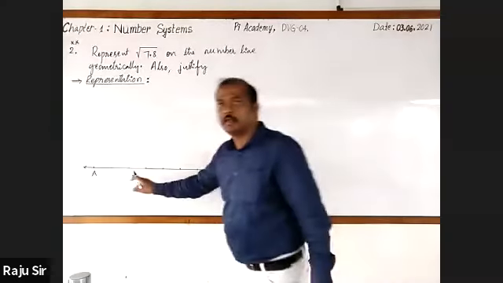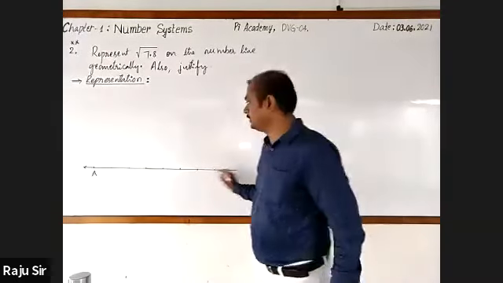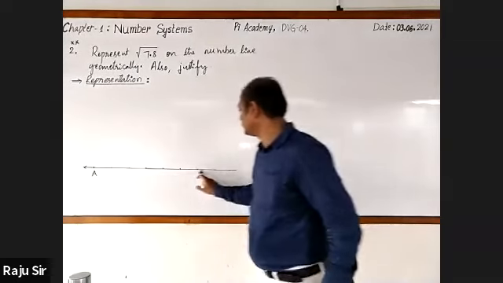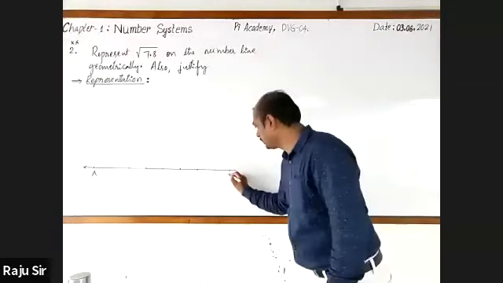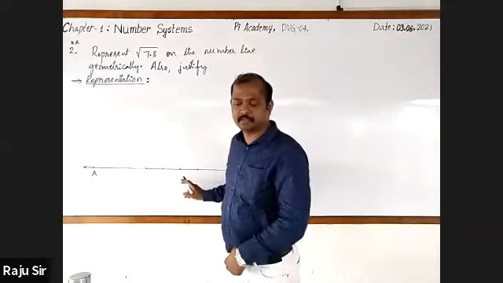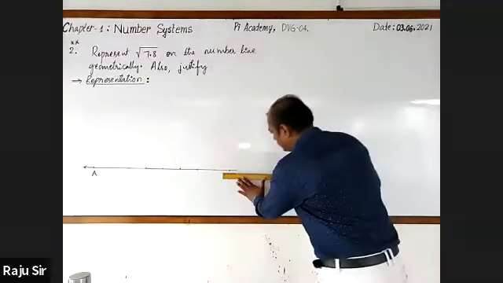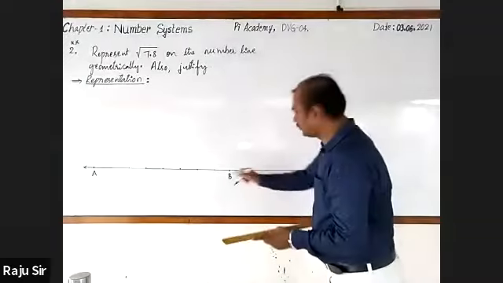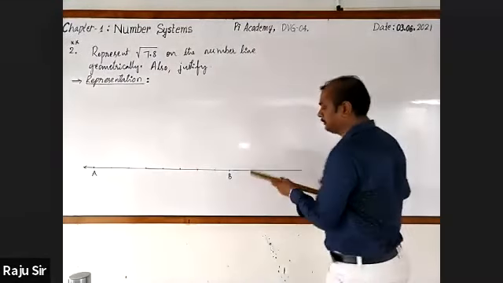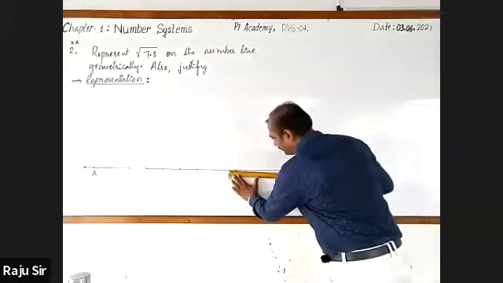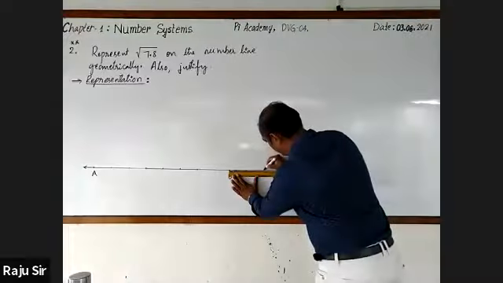Observe. Let us mark 7.8. Here, 1, 2, 3, 4, 5, 6, 7, 8. 7.8. Call this point B. You should not go for marking every 1 centimeter; for my reference, I have marked. Next, extend the line, and go on marking every 1 centimeter from B.